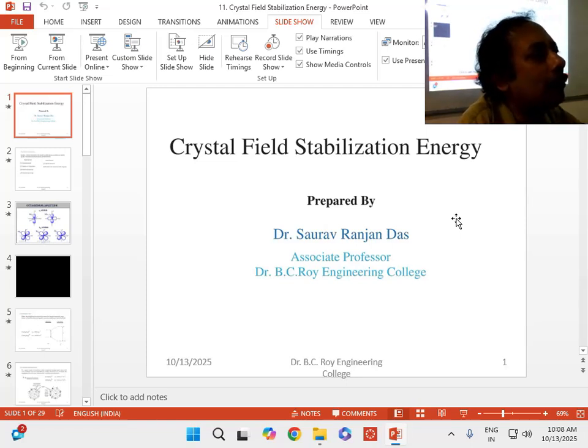A molecule will always try to stabilize. To stabilize, it has to make bonds to get the minimization of energy, and that's why the ligand is approaching, so that the compound is formed. Another thing to remember here,